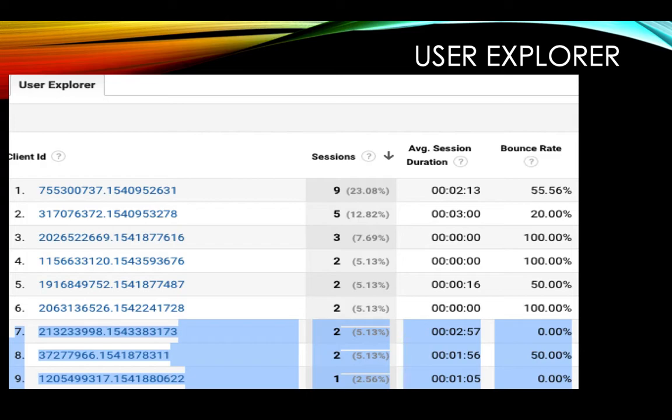The User Explorer report has been providing me metrics on individual users. This depicts lengths of sessions per user on my website. Here I can see which users are spending more time interacting with specific content. You'll notice here